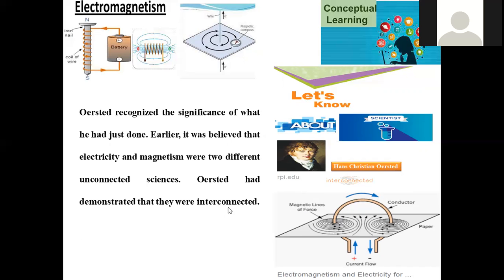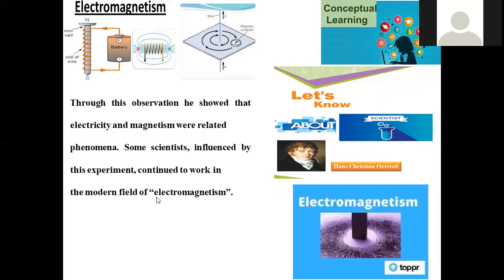Oersted demonstrated that they were interconnected. Both have a direct impact on one another. Through this observation, he showed that electricity and magnetism were related phenomena. Some scientists influenced by this experiment continued to work on the modern field of electromagnetism. He seeded that kind of perception. So there is a relation between electricity and magnetism, and the research was extended further,